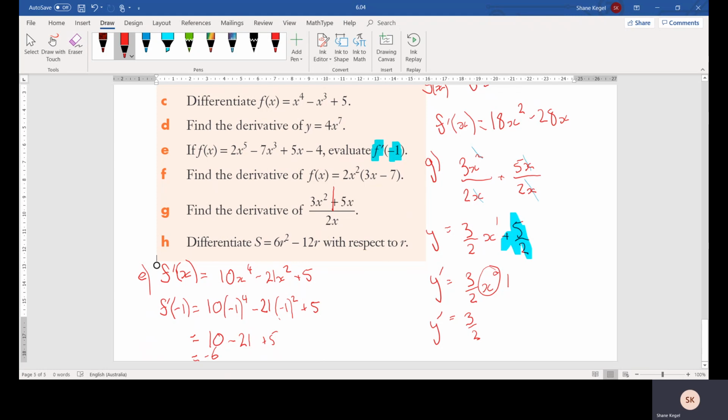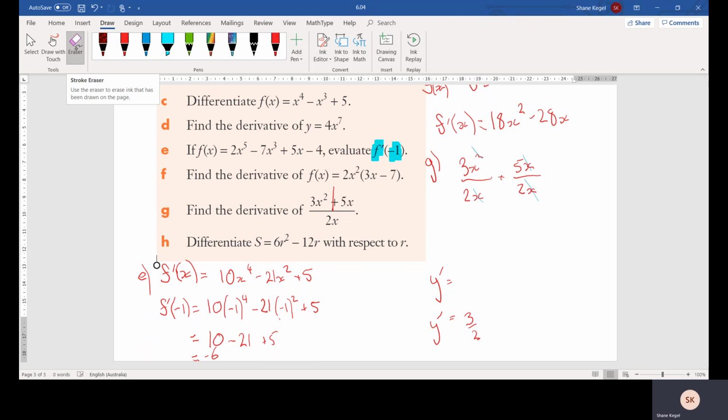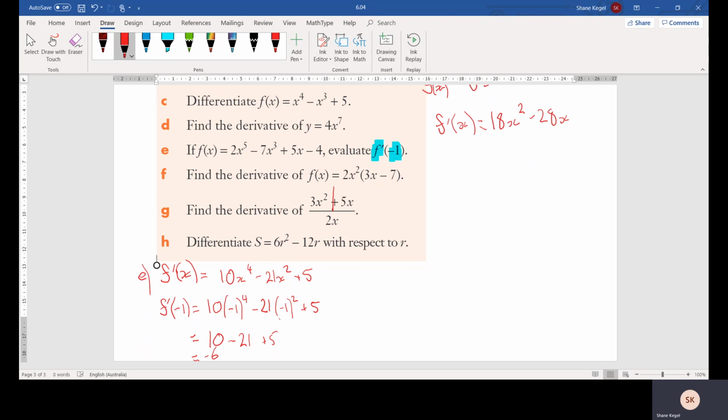And question H there is pretty simple. All it's introducing us to is just the fact that we don't always have to be deriving in relation to x. So we can be deriving in relation to any variable. In this case, we're doing it with respects to r, and we'll derive it in the same function that we would do for x, except we just do it with respects to r. So at the moment, this is how we'd write the notation. So usually we'd have function of x, but this time we've got function, or s stands for function as well,